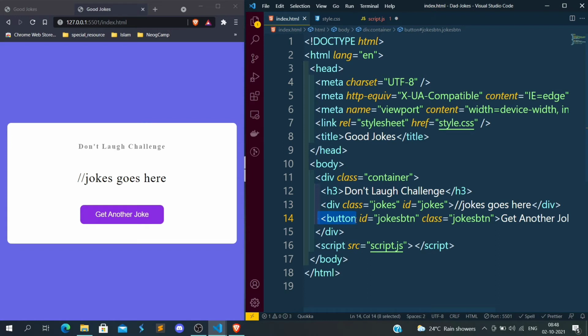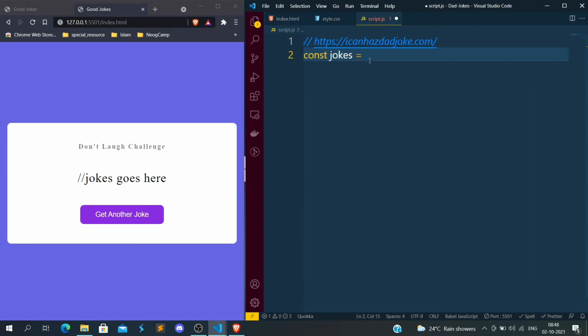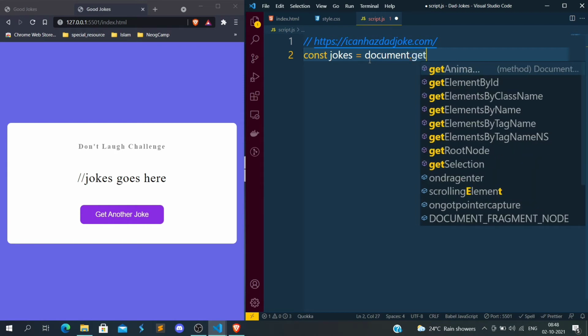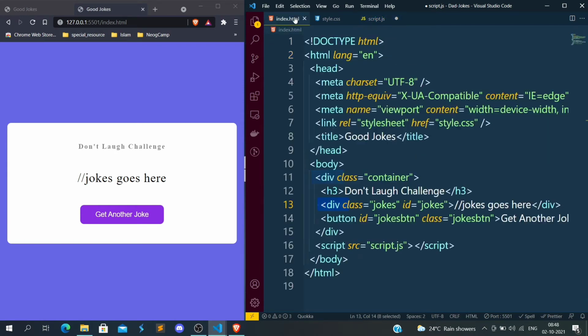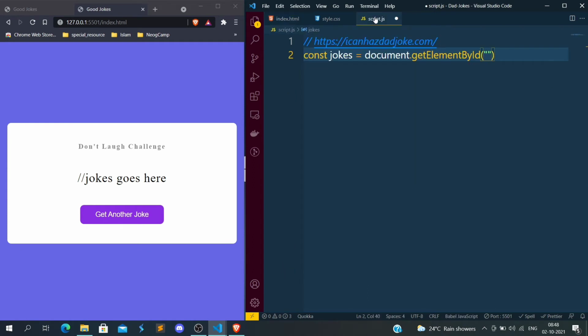So upon clicking on this button, I want to show the content here. That is why we will take those two divs using JavaScript. Okay, so document.getElementById. We want this div also. What is the id of this div? Jokes. Okay,